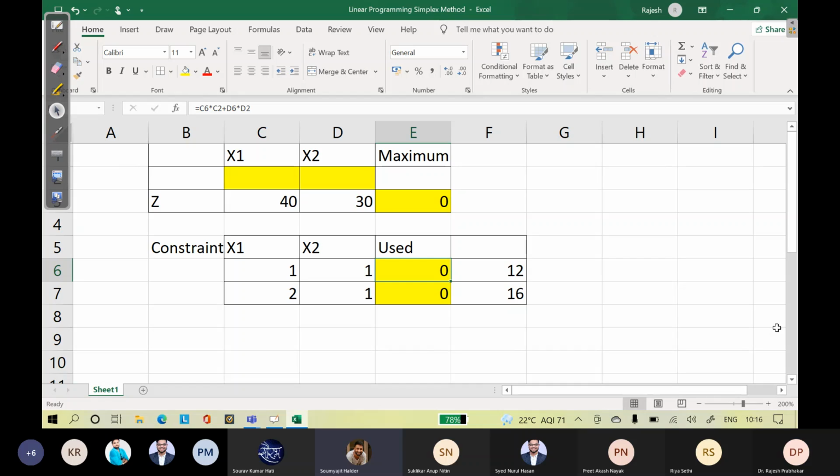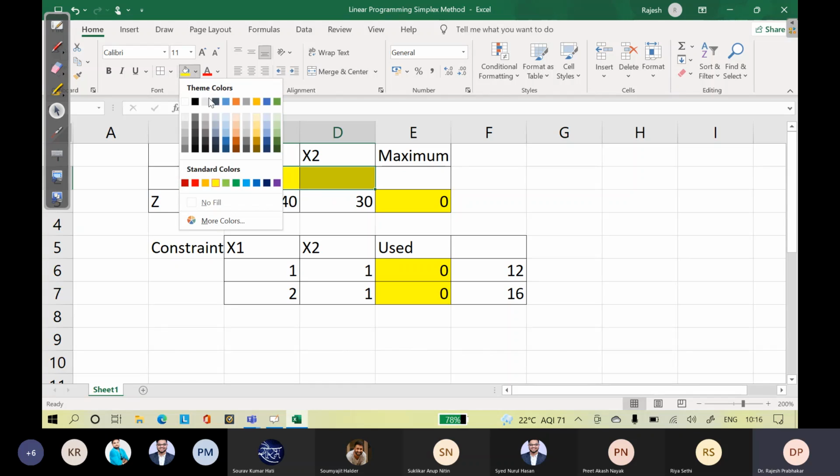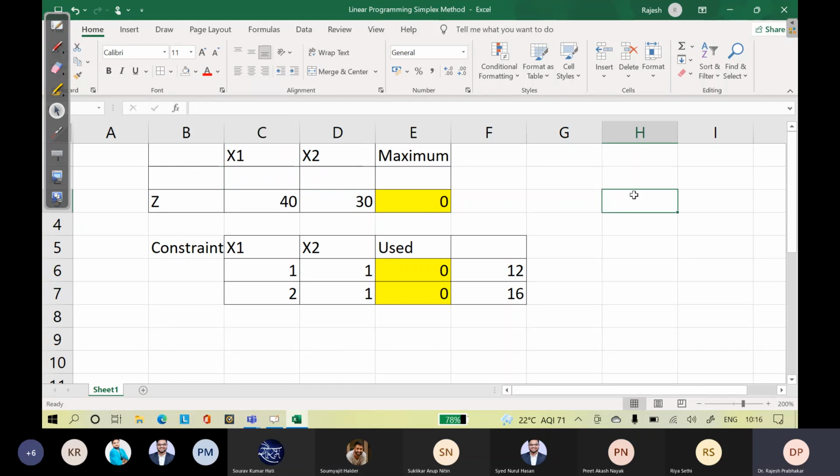Sir, just below X1 and X2, on the top cell. Sorry, these are not formulated cells. This is the formulated cell.